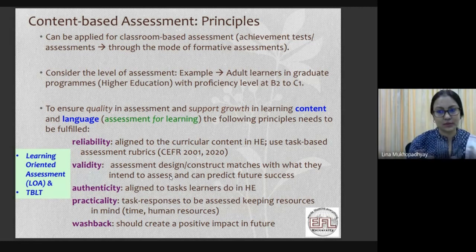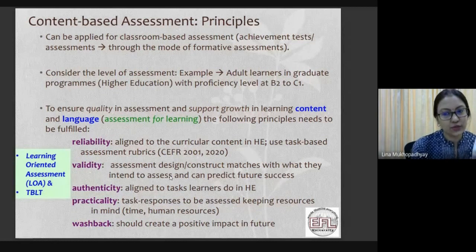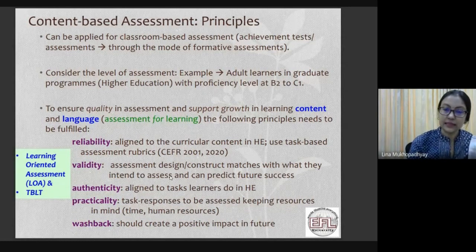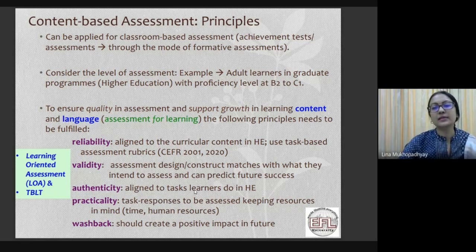So there is a cross between what I am expecting the learners to do and what the tool actually makes them do. Right. So that is the principle of validity. Then the tasks have to be aligned. Authenticity, the principle of authenticity, that the tasks have to be aligned to what the learners are expected to do